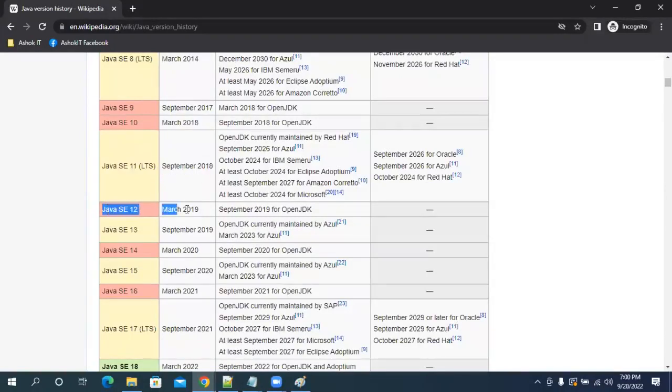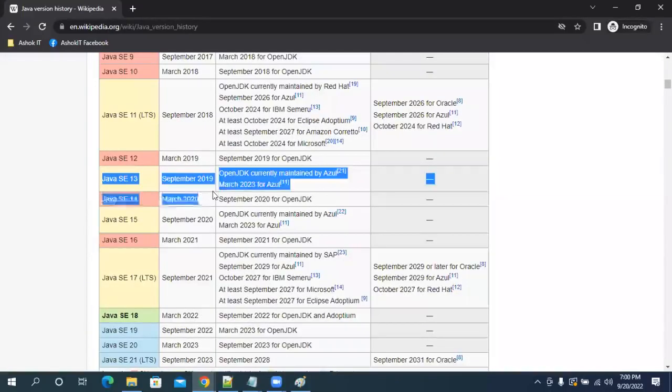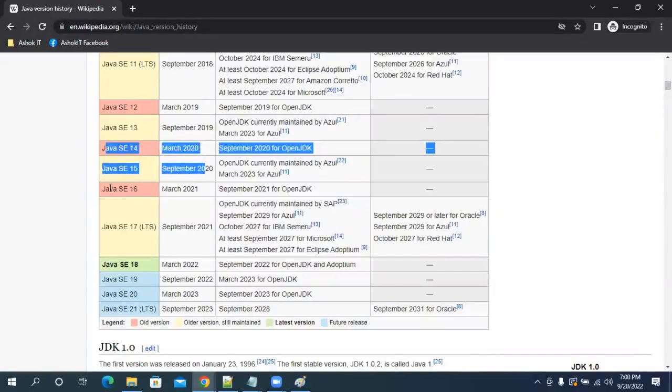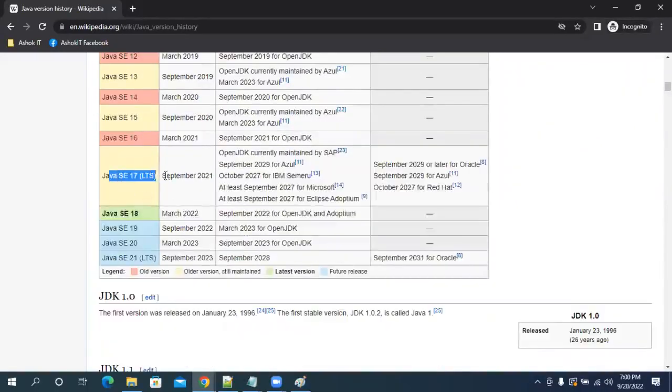Java 12, March. Java 13, September 2019. Java 14, March. Java 15, September. Java 16, March. Java 17, September. Java 18, March. Java 19,